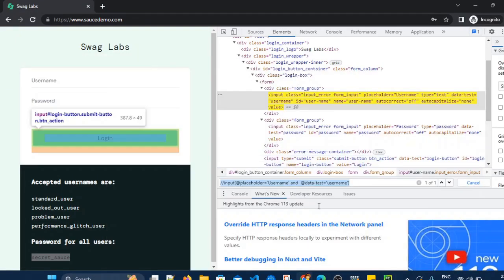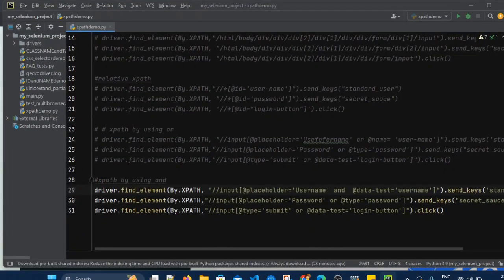For the password field, after username, again I will use AND instead of OR. So both the conditions need to be true, then only it will be able to find the password field. And for the login button also, instead of OR I am placing AND. Here both the conditions are perfectly matching. Let's execute this program now.